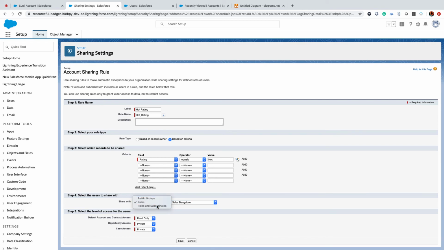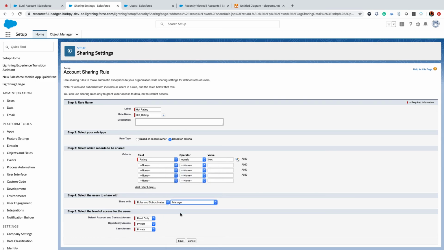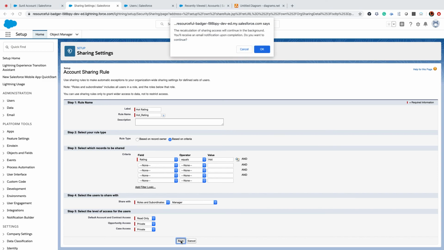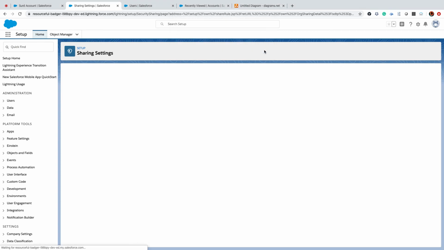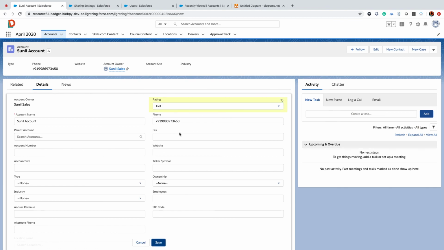I'll pick manager, which we created, so the manager and manager's subordinates. The access I am sharing is read-only, not edit access. Whoever creates a record gets edit access, and whoever the record is shared with gets read-only access. So Sunil, I'm selecting as hot, right?